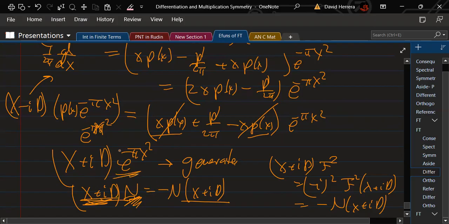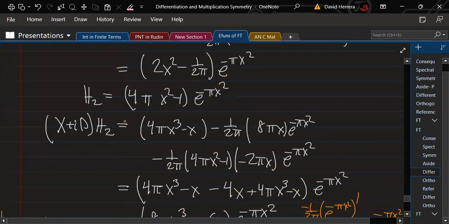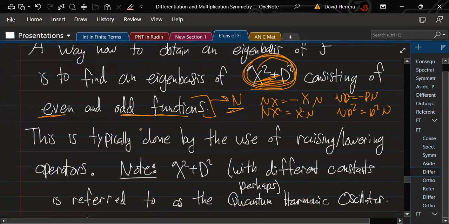So it's going to take an even function, and every time you do it, you're going to get an odd function, even function, odd function, even function. And then that is just the raising and lowering operator idea that we had up here,